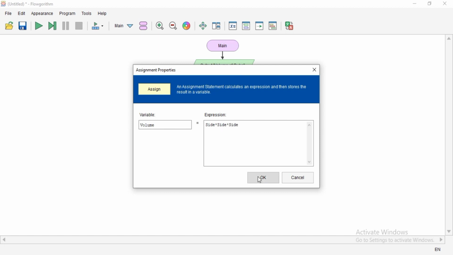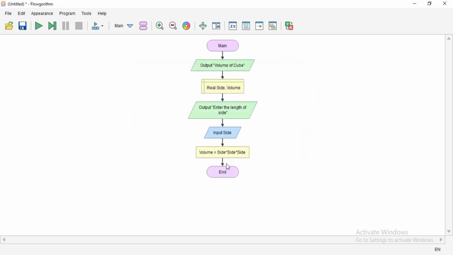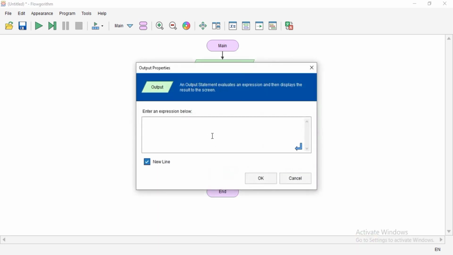Okay, don't forget to use capital S. And the last, output. Don't forget the double quotes. "Volume equals", then Volume.